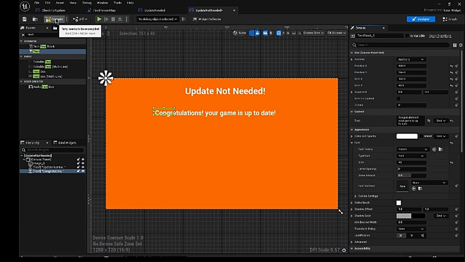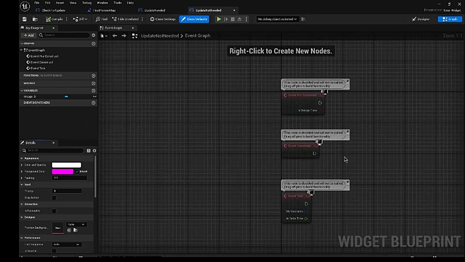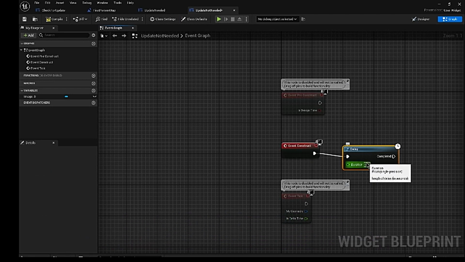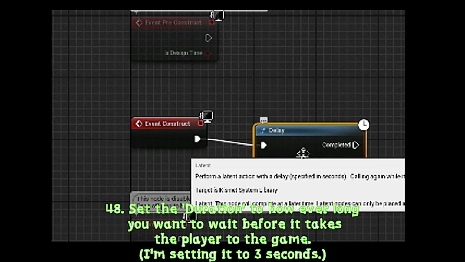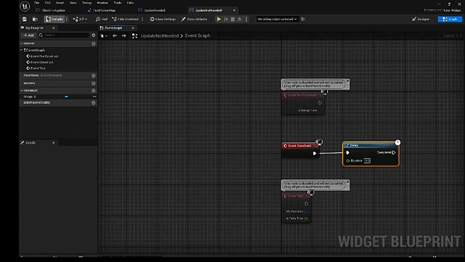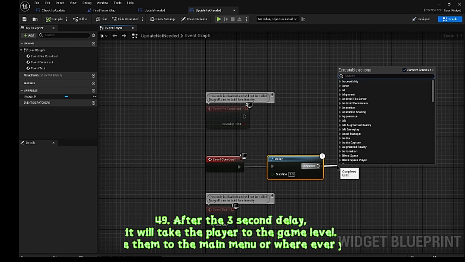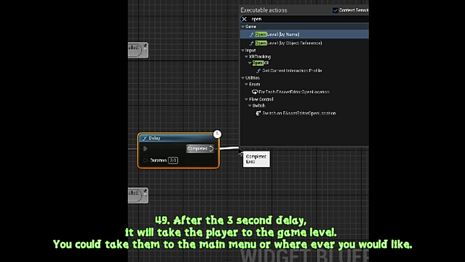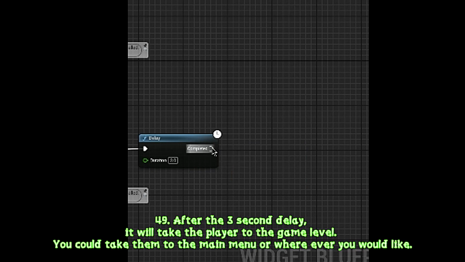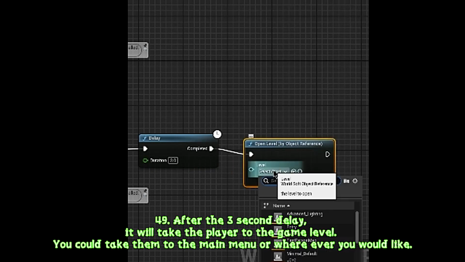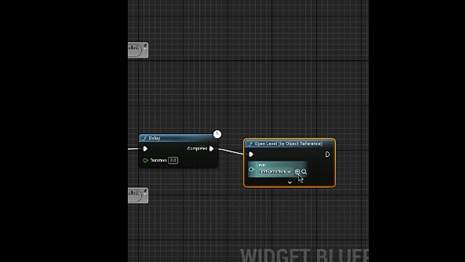And then on construct I'm gonna get a delay by holding D and then left clicking, and then basically after 3 seconds it'll take them to the main game page. So for testing, let's do open level. I'll probably do it by object reference. So it's like first person map,